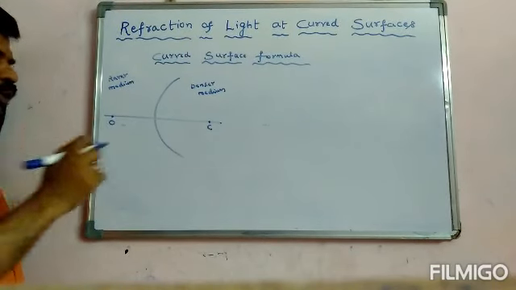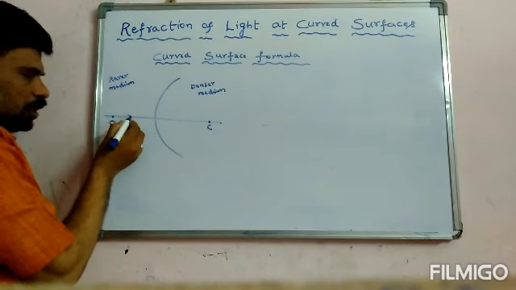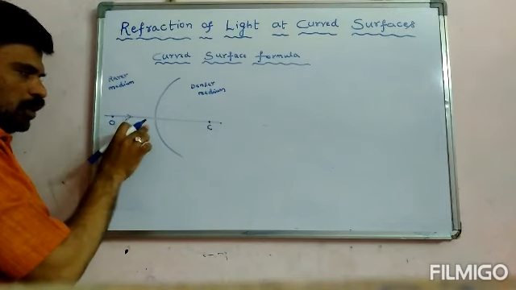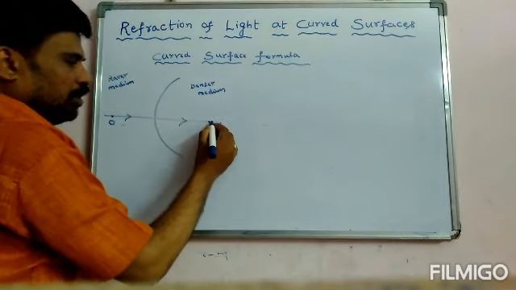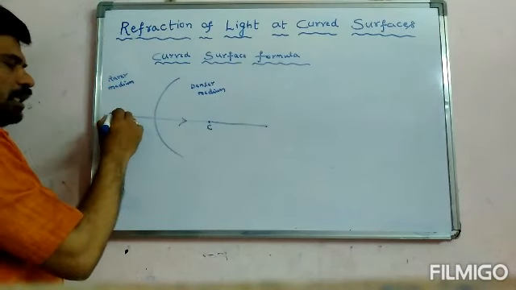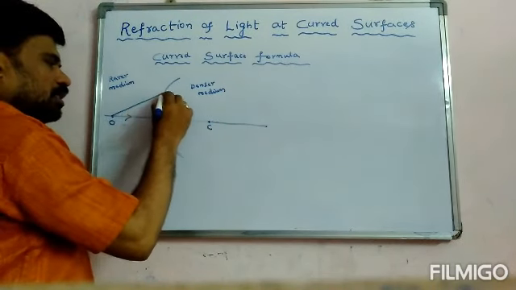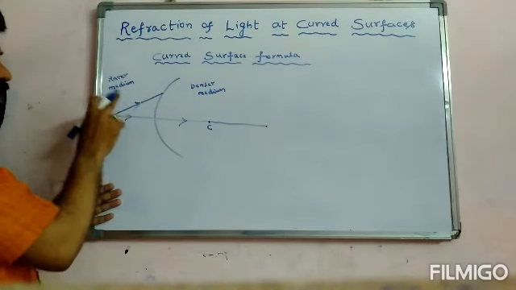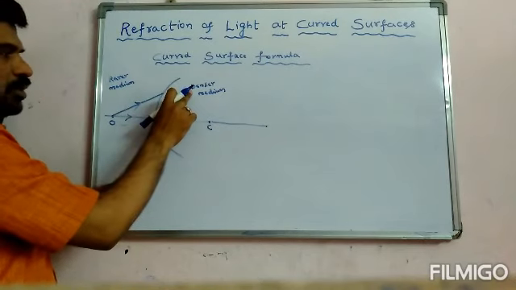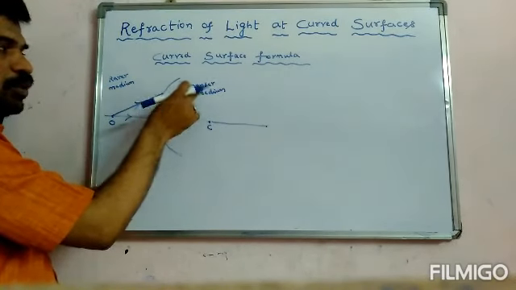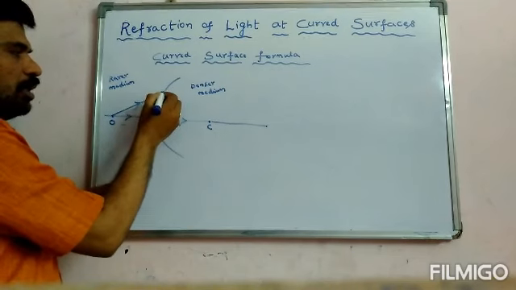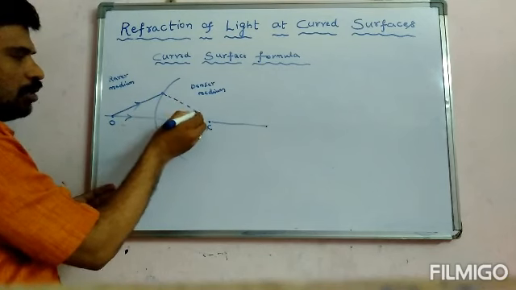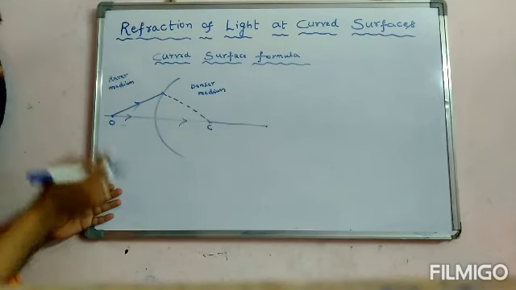Now let us consider two rays. One ray passing through principal axis. Already I said, if any ray is traveling along the principal axis, then there will be no deviation, right? And another ray I am going to select, a ray incident on the curved surface. Now here you can see the ray is traveling from rarer to denser, right? Rarer to denser, it moves towards the normal. So towards the normal, where is the normal? Point of incidence to center of curvature. I have drawn a normal. This is a dotted line to represent the normal.